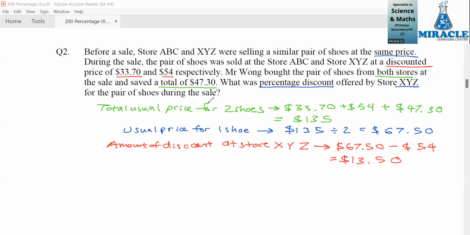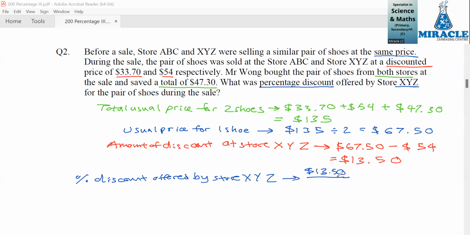Okay, great. So now we can calculate the percentage discount offered by store XYZ. And this would be the difference, the amount of discount, which is the difference between the original price and discounted price, which is $13.50,